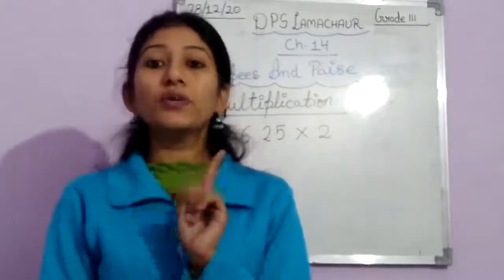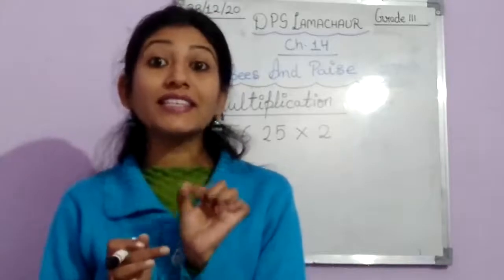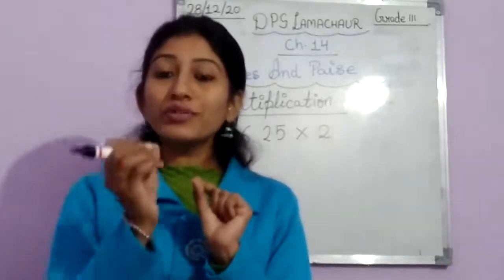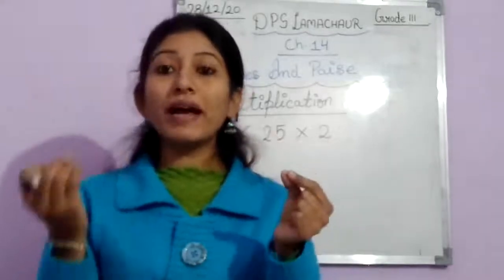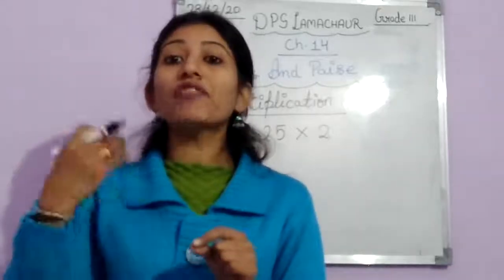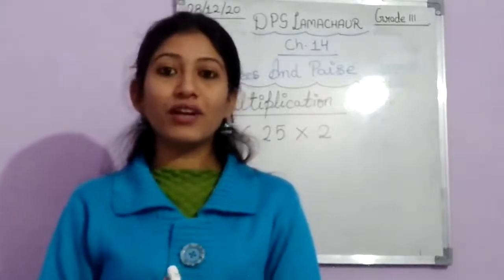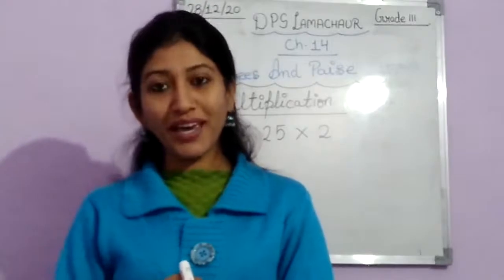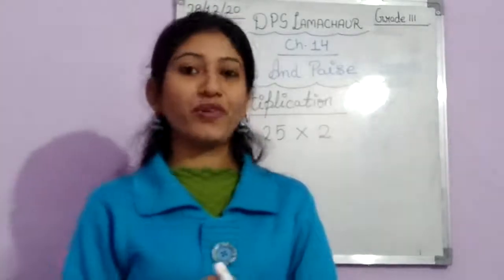First thing is that we are going to do multiplication of rupees and paise, and second thing is that in this rupees and paise multiplication there is one point, that is decimal. जिस पॉइंट को हम यूज कर रहे हैं फॉर डिफरेंशिएटिंग बिटवीन रुपी एंड पैसे, तो वो पॉइंट जो लगा होता है, वो डेसिमल, how we have to use that decimal in multiplication, this we have to learn. So this is quite new thing for you, so please focus. Okay, a very easy concept but new one, so please focus.